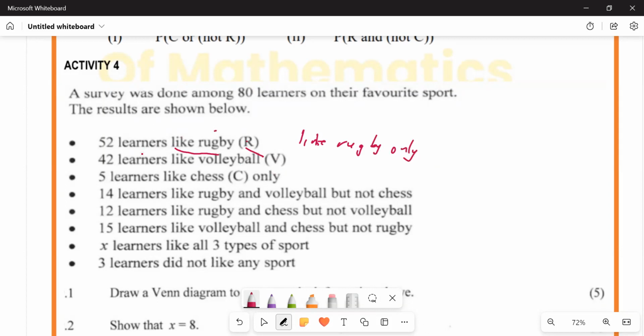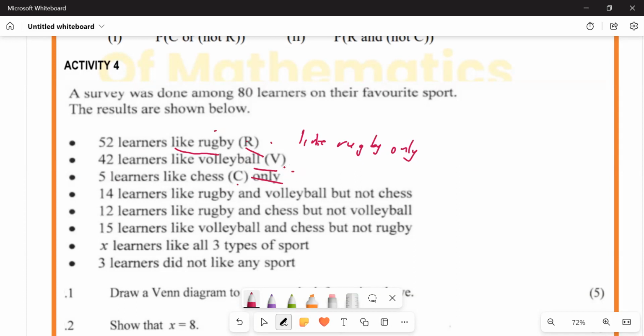And then we also have something like 42 learners like volleyball. Okay? So it's not volleyball only again. And then we have 5 learners who like chess. This is the only, you see the only part. Okay? So we are going to be looking at 3 different events, which means since we're going to be using